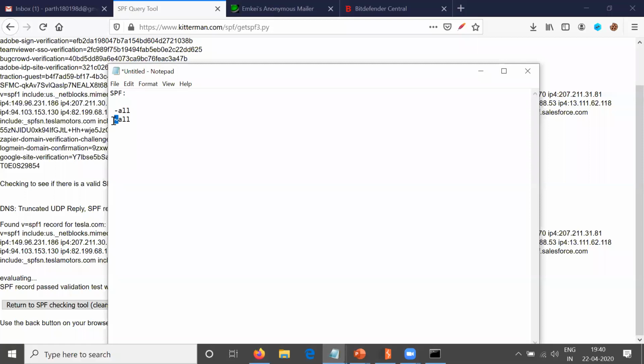If you have tilde all, then you can send a mail here, and when you have hyphen all, it says that every wrong email will be blocked, right? So whether or not I have an SPF record, it will be blocked if my mail is not from a whitelisted IP address of tesla.com.